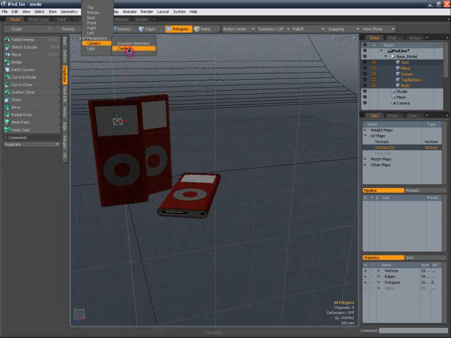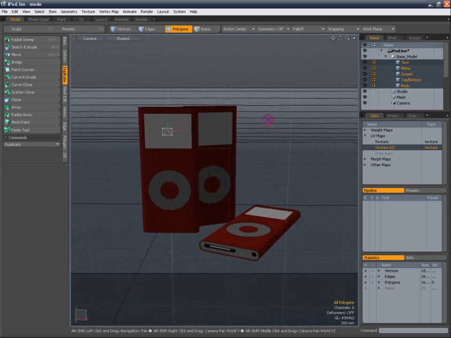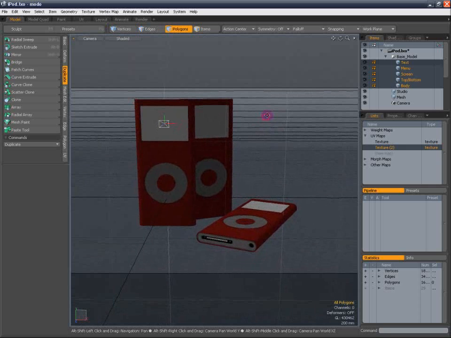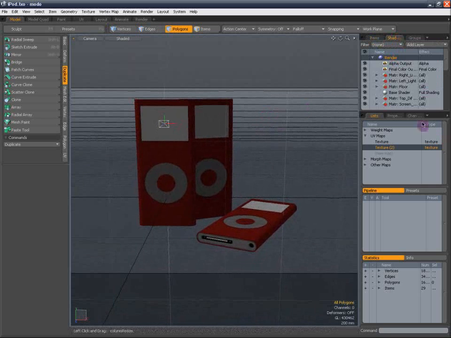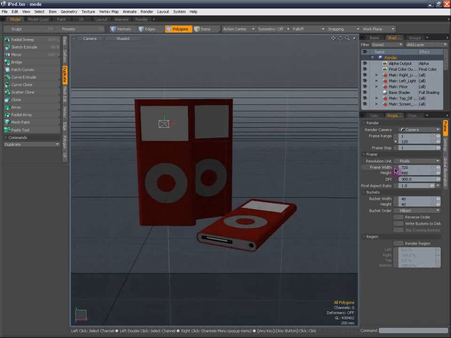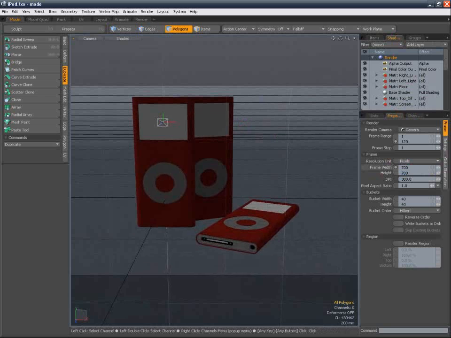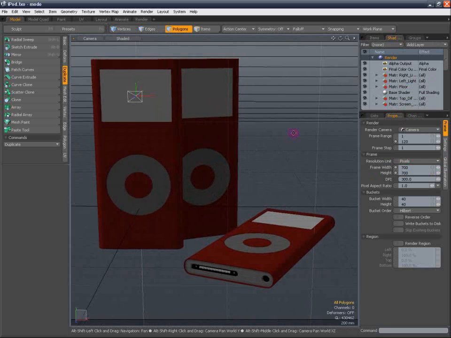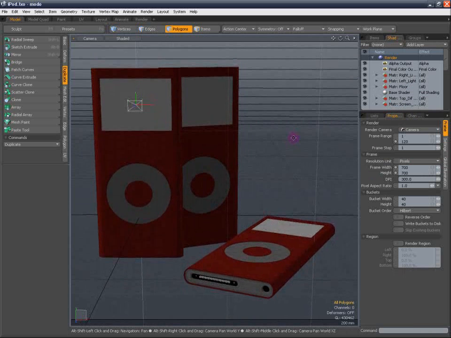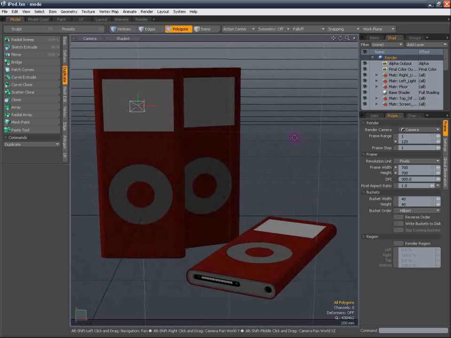This is an acceptable pose for our iPod. Now let's change the camera film gate to the image ratio of 1. Okay,